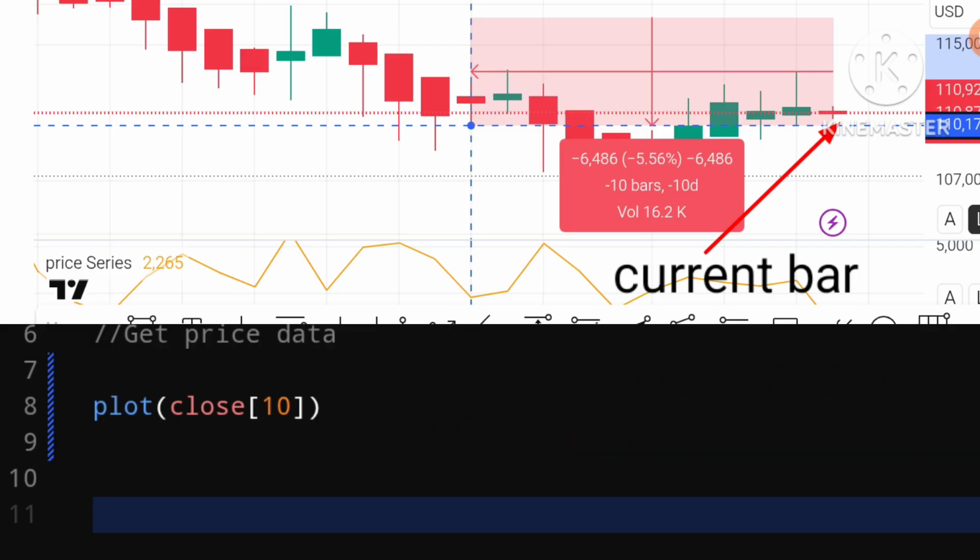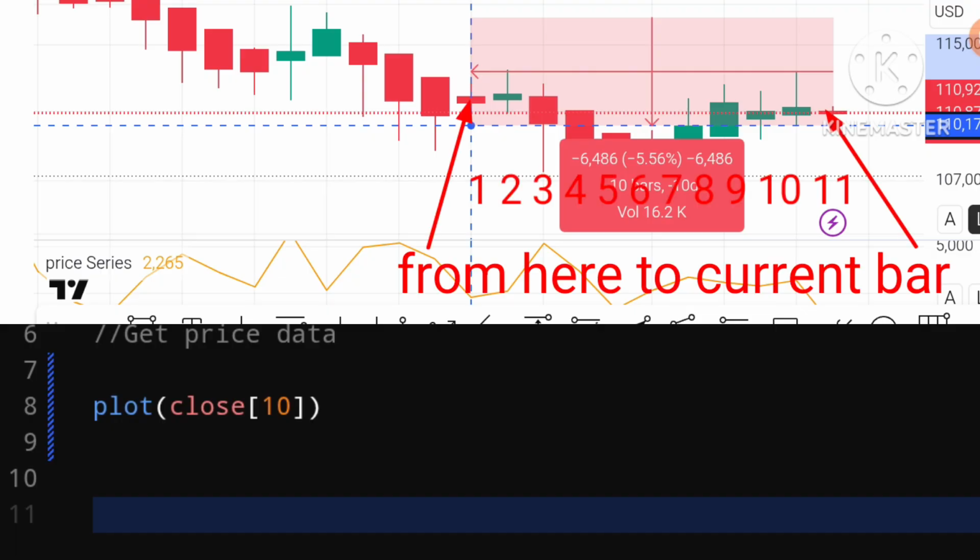If I count out 10 bars here, that puts us on this bar right here. If I count the bars from this bar to the current bar, we have 1, 2, 3, 4, 5, 6, 7, 8, 9, 10, 11.